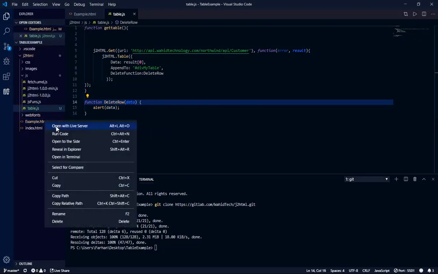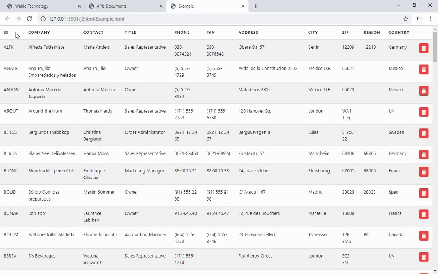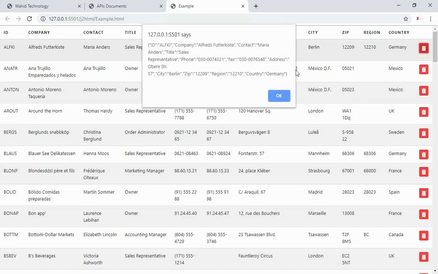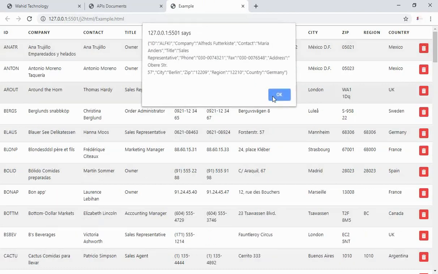Let's test last example, the table component. Clicking the submit button, and as you can see at the end of each row we are getting a button to delete that row. Let's test it. It has been deleted